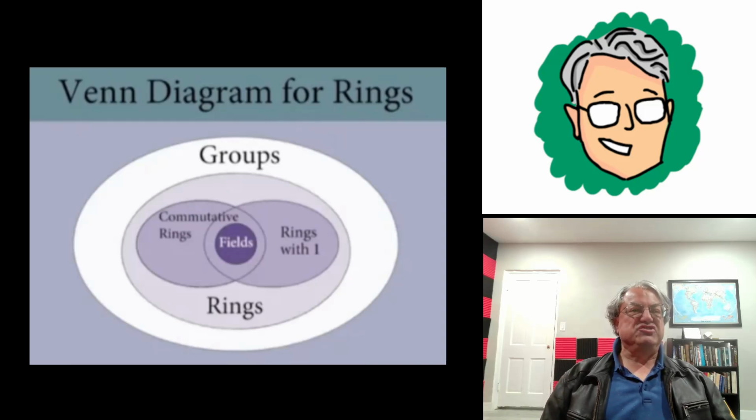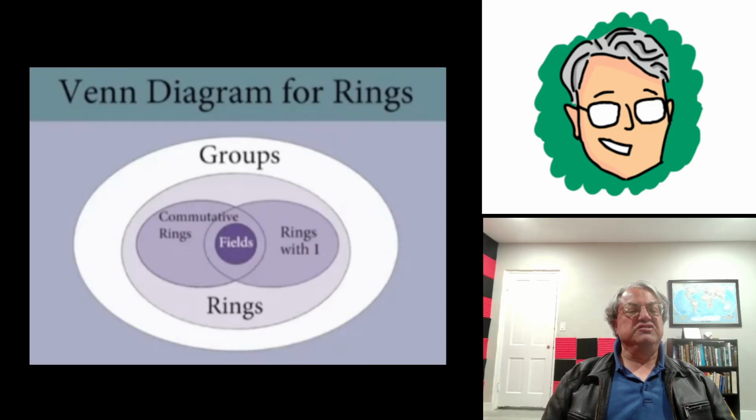But abelian groups are a special type of group, and it turns out every ring, if you just look at addition, is an abelian group with respect to addition. But it also has another operator which we call multiplication. So not only is it a subset of the set of groups, it also has an additional structure. But now we can talk about special types of rings. We can talk about commutative rings, and like I said earlier, not every ring is commutative. So that's a subset of the set of rings. And also we have rings with identity. And like I said, also not every ring has the identity element in it. So this is an accurate Venn diagram here.